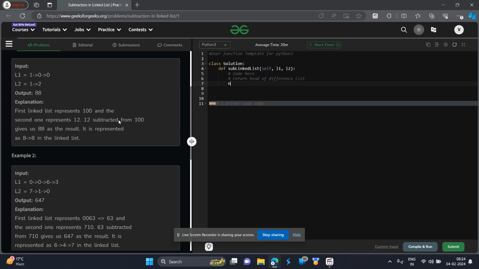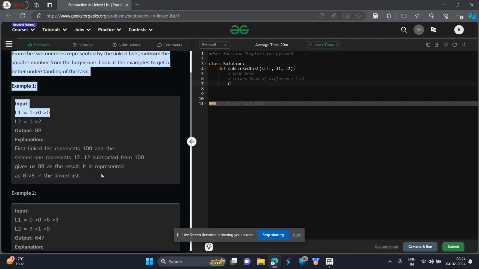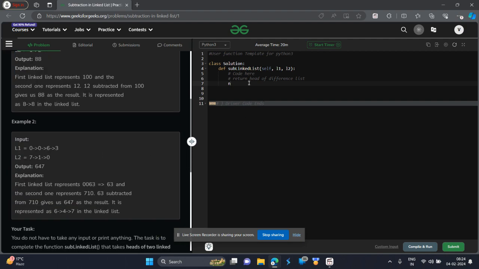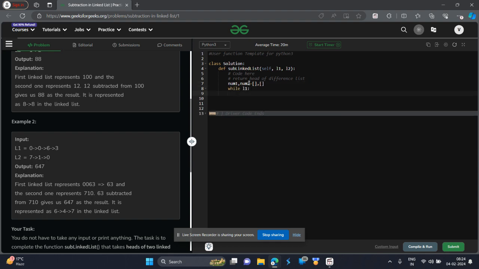Even though this question is given as a hard level question, I will solve it using lists and you will think that it is pretty easy to solve. First of all, I'll create two empty lists, num1 and num2. Now I will traverse through linked list 1. While there are elements in linked list 1, while L1 is not None,